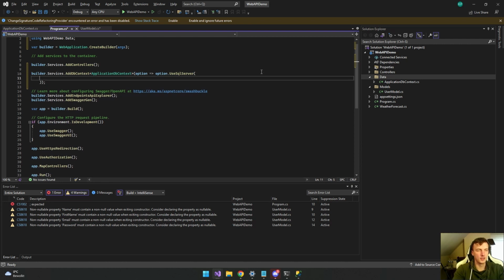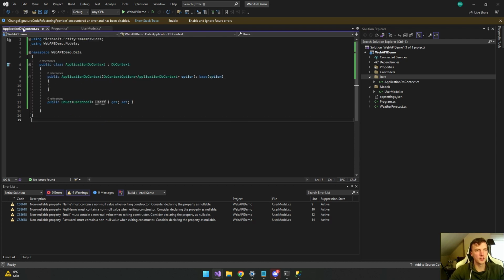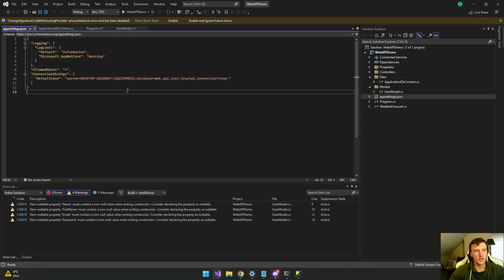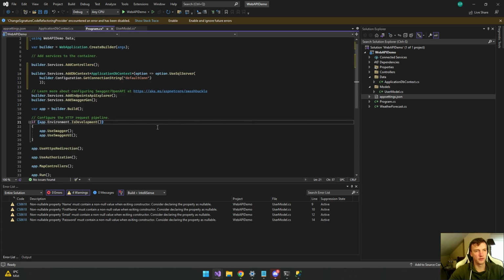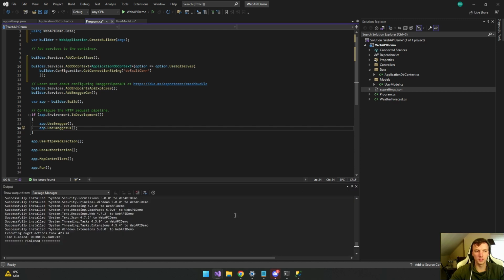Now we're gonna use the SQL server, but we still need to use the connection string we just made. So we can say builder.Configuration.GetConnectionString, and this is a string, and this is the name you gave, default connection. This is the name you set in the JSON, sorry, the name you set here. So make sure this one and the one in the program are exactly the same, otherwise your connection will fail. Okay, so now you are probably all set, I think.